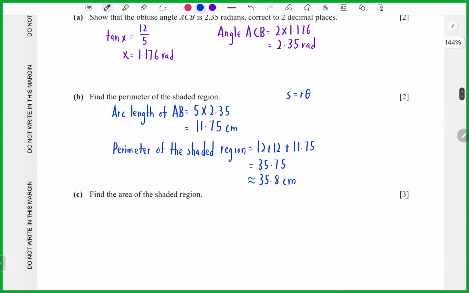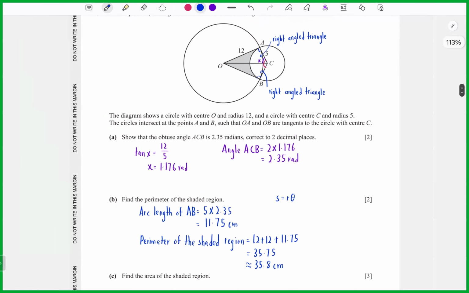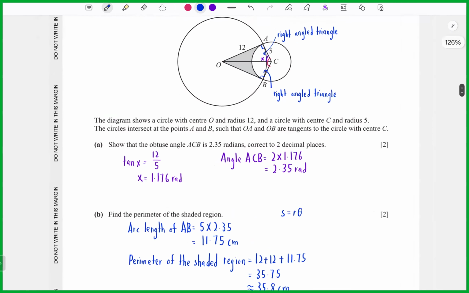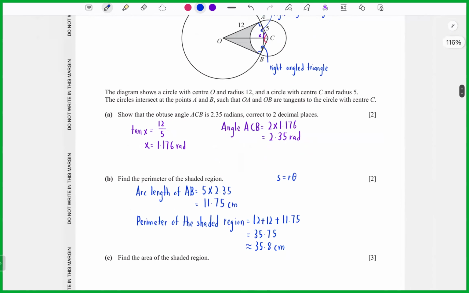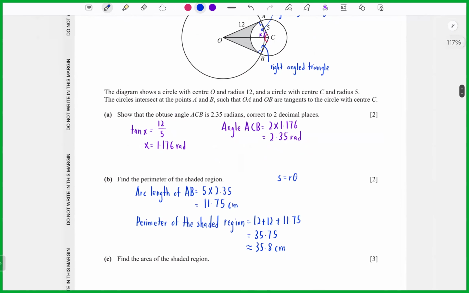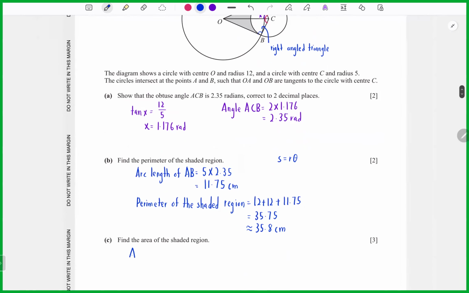Okay, let's see question C. Find the area of the shaded region. You need to find the area of the shaded region. You see here are the triangles. Actually, you can also use the kite formula, no problem. But I use the triangle. So you can write here the area of the shaded region